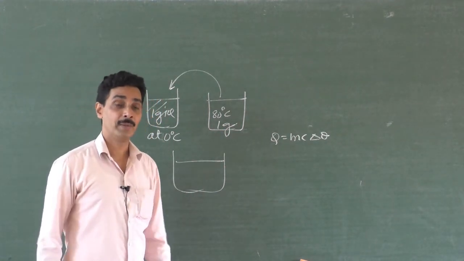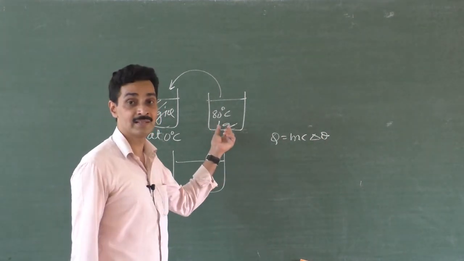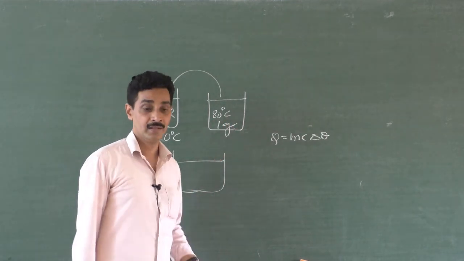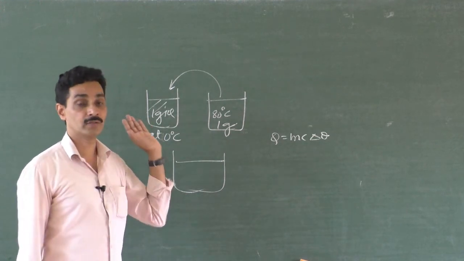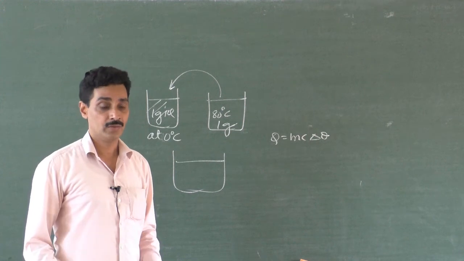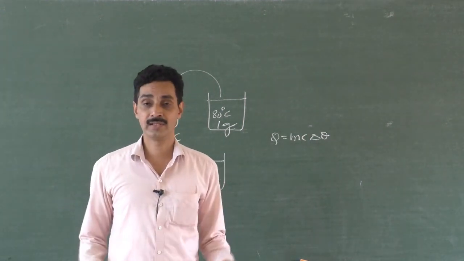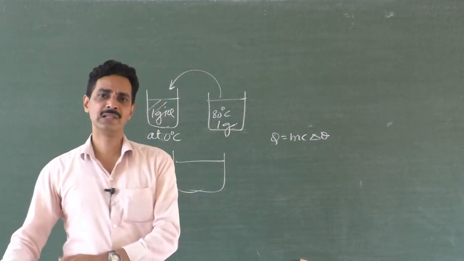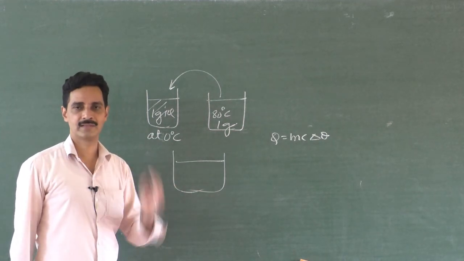The donator water, by donating 1 calorie by 1 calorie, has come to 0 degree Celsius, by donating all 80 calories. So hot water has come to 0 degree Celsius. Cold ice has been melted into water and has come to 0 degree. You have 2 gram of water at 0 degree Celsius. Now there is no exchange of heat energy. Of course, if there is exchange of heat energy, whatever is gained, the same amount is lost. So the temperature of the mixture is 0 degree Celsius.